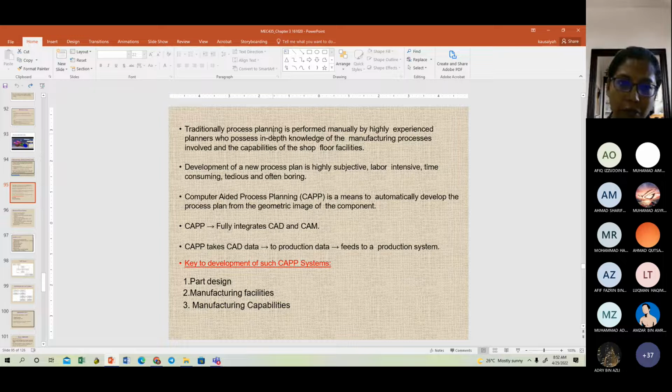been doing this repetitively. So development of a new process plan is highly subjective, labor intensive, time consuming, tedious, and often boring, when you want to come up with the very first process plan. So definitely a lot of involvement is there. But once that is set up and you're going to run your repetitive manufacturing, then it becomes just a routine cycle. So computer-aided process planning is a means to automatically develop the process plan from the geometric image of the component,